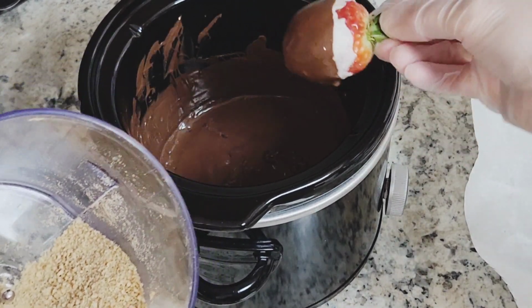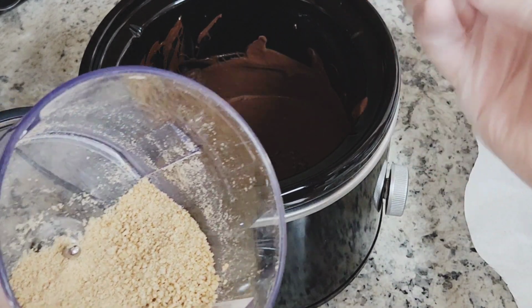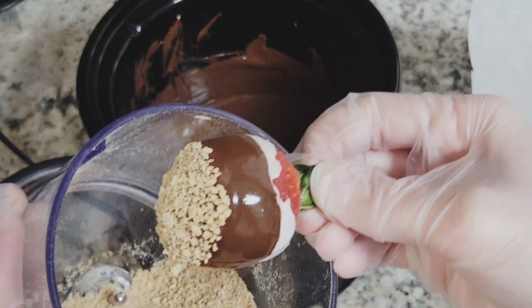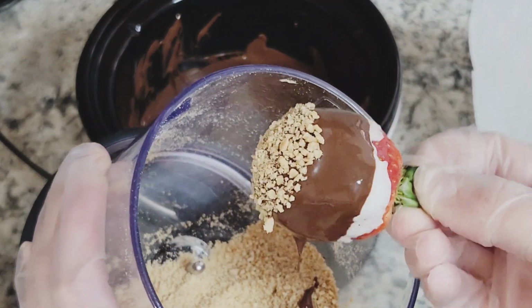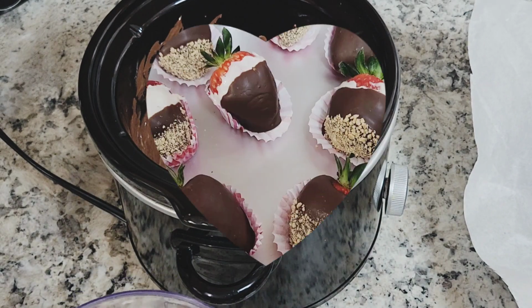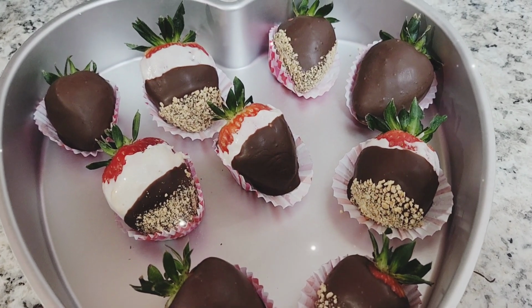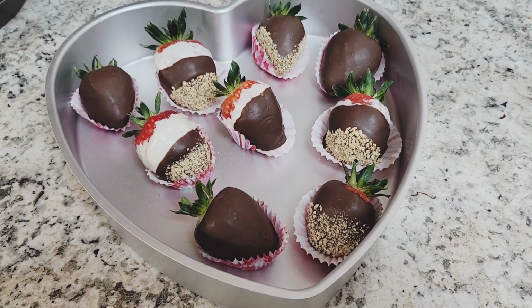Now, you can also decide if you want to dip your strawberries into your graham cracker coating, or if you don't like that pushed up look that it kind of gives it, you can also just sprinkle it right on top. I did both methods, and when I sprinkled it on top on one of my strawberries, I did this cool diagonal line, and there you see it in the back there. Look how adorable. So simple, so easy. And then we have some s'mores